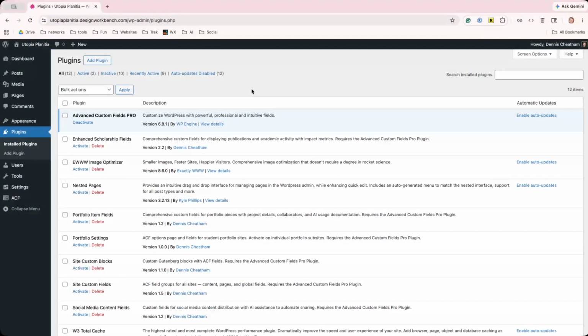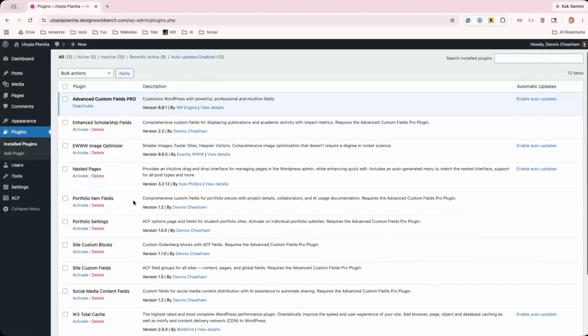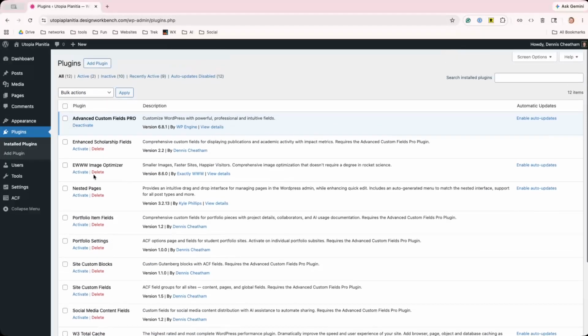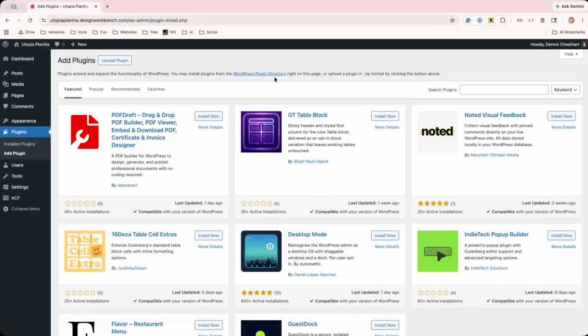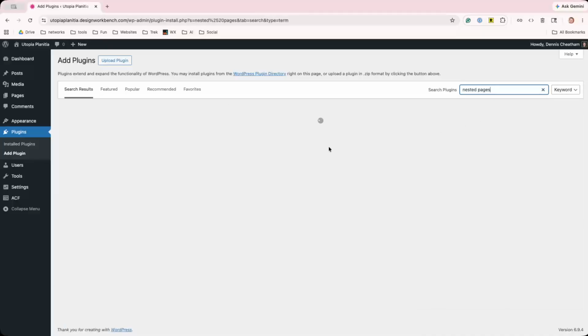At the same time, plugins can be a great way for you to extend your website. If you ever want to add a plugin, and one plugin I'll say is a really good one is Nested Pages, we can go to Add Plugin, and this is the WordPress plugin directory where you see lots of different options. If I wanted Nested Pages, because I know this is a good plugin, I could type that in and